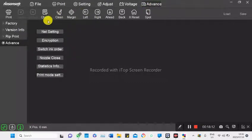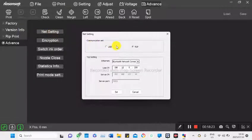Advanced. When you open the Advanced tab and go to Advanced, in order to set your cable to your computer, you can press net setting. Right. Our printers use the TCP/IP version 4 protocol on an Ethernet cable. So you pick the adapter in question you'll be using. I'll be using an Ethernet adapter and put the local IP for the computer